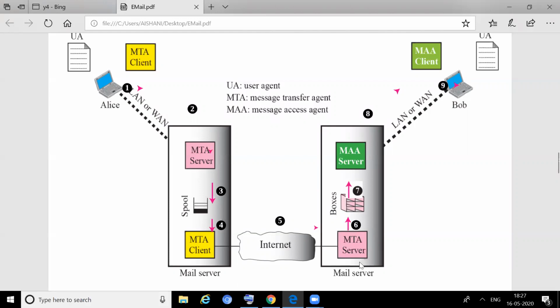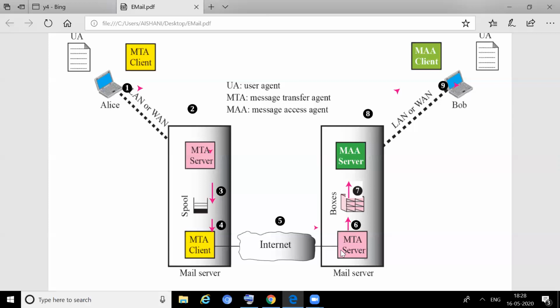That will be received by the MTA server. Now, because B is physically not present in its mail server, the message has now come to B's mail account, but it will not directly go to B. When that message will be sent to B, when B opens his email, when he opens his inbox,